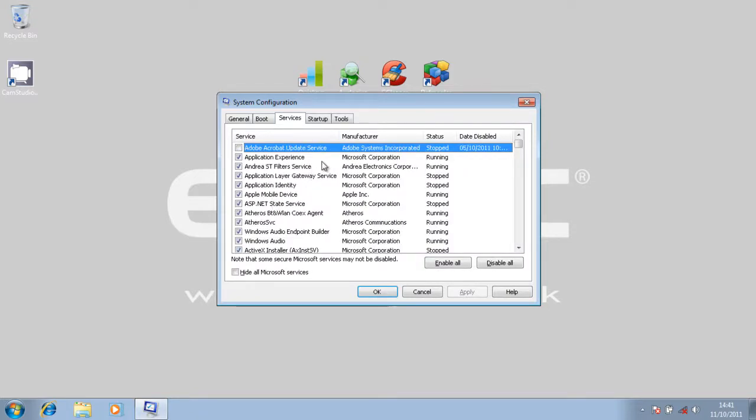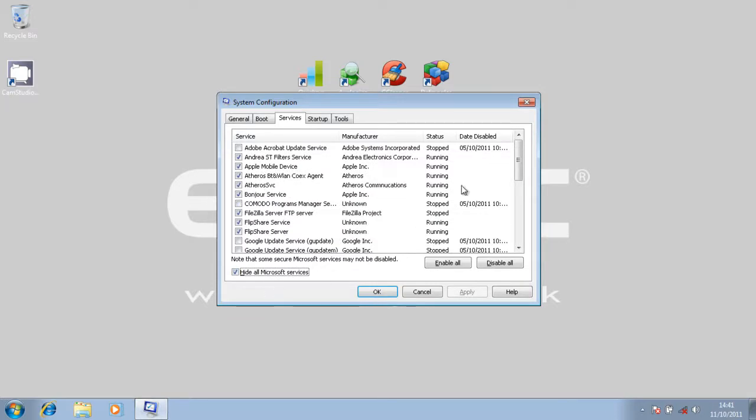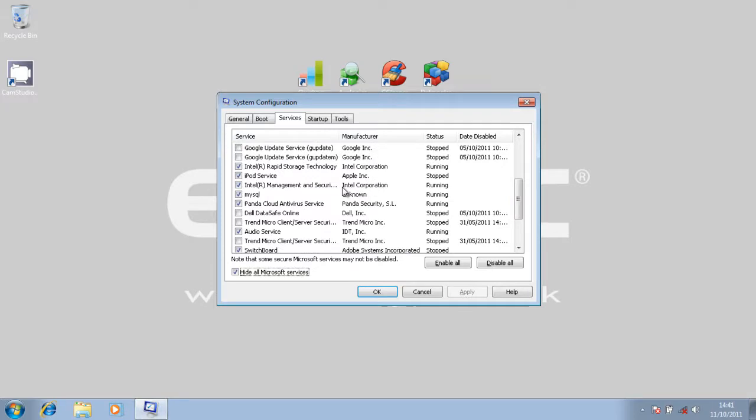Plus, you can go into services, and I'd recommend hitting hide all Microsoft services in case you switch any services off that affect the operating system, because once you do this, all these services left are third-party services and don't have anything directly to do with the operating system. And I would leave switching Microsoft services off to a more advanced user, but for an average basic user, you should be able to see which ones you don't need,